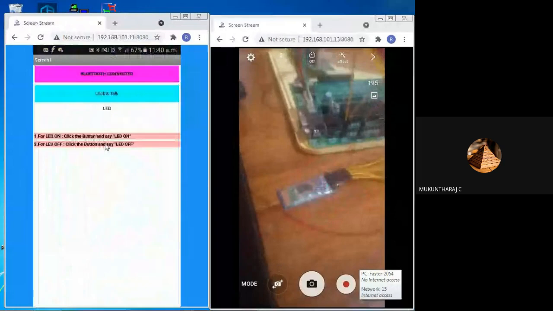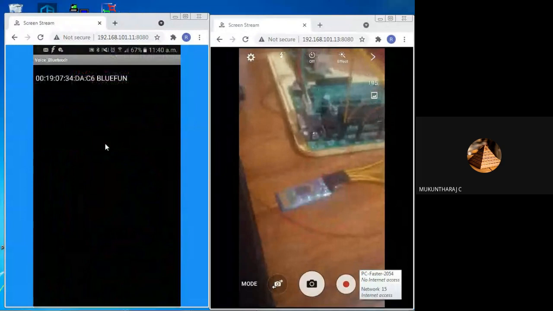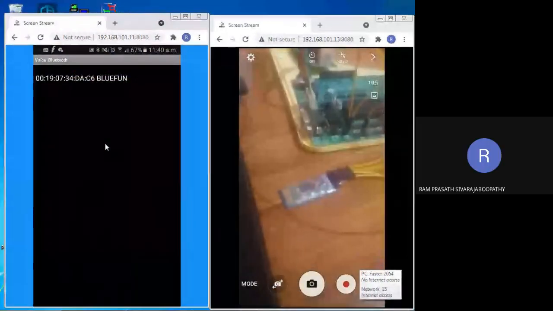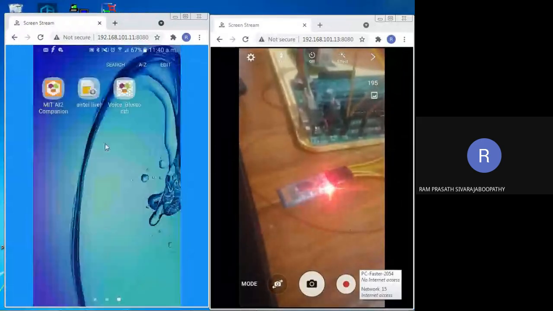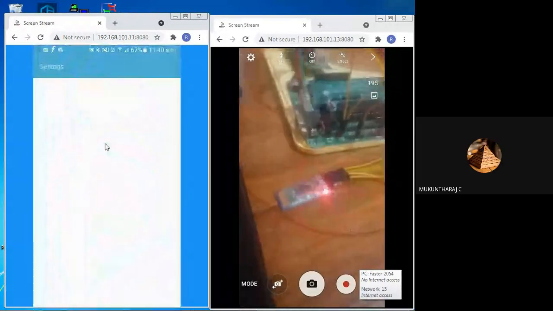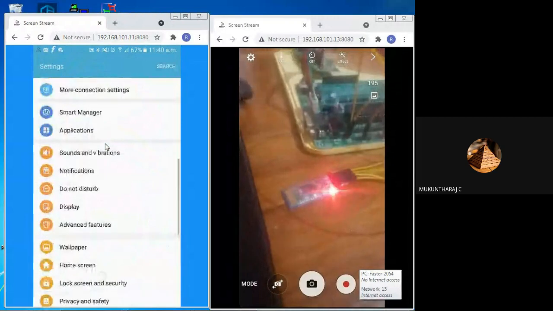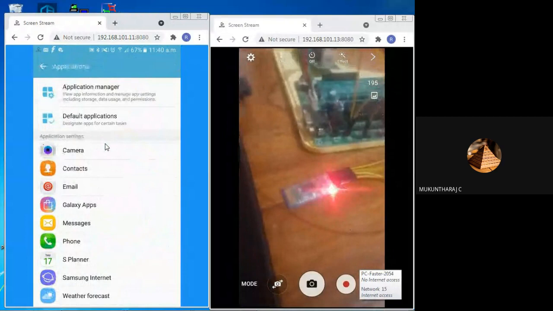Okay. No activity found on handler. Wait a moment, Mugun sir. I will enable the permission. Probably it might be due to that. Okay, Ram sir. Due to apps. Application manager.